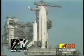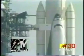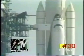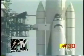T-minus 7 minutes, 7 seconds and counting. T-minus 7 minutes and counting, and we have retraction of the orbiter access arm, beginning to move back first away